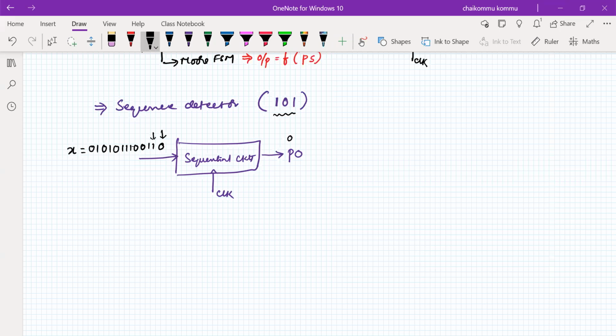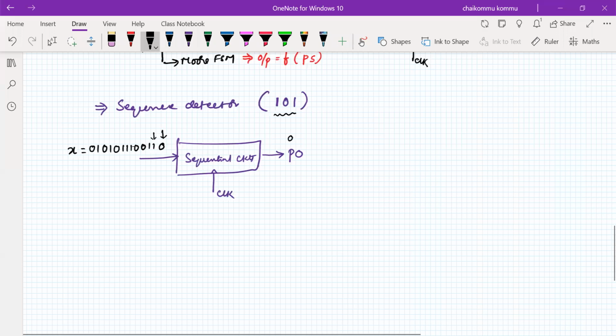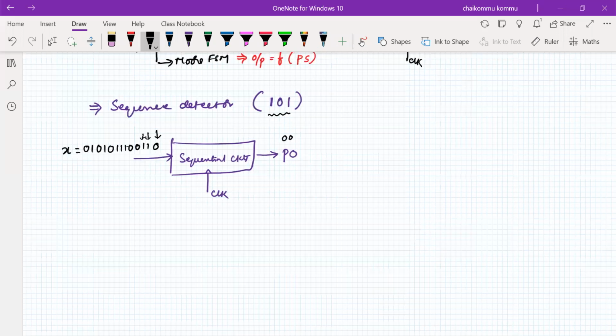Another 1, 3 bits not completed, the output is 0. Another one came, 3 bits have come, but the output is 0 because it has not detected 101. It is actually 110. The output is 0 at all points except one.